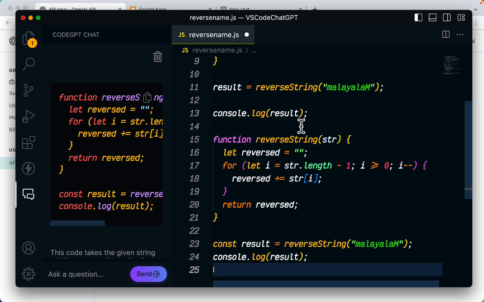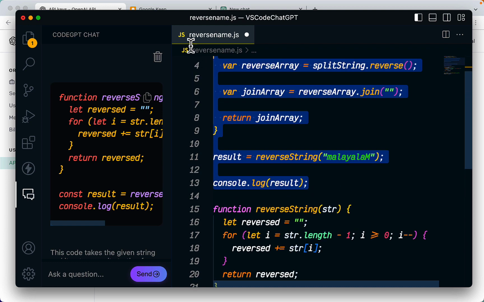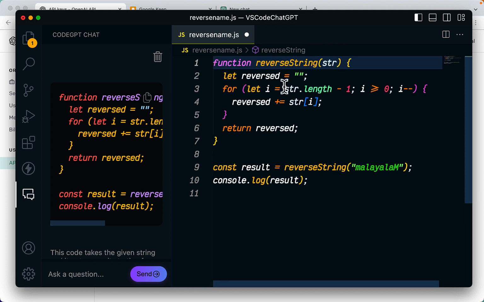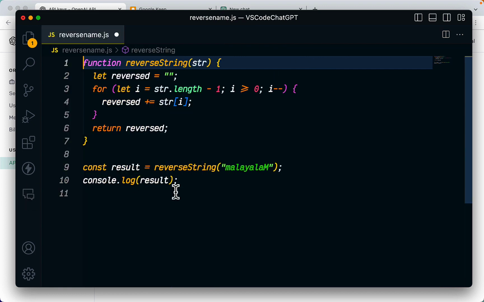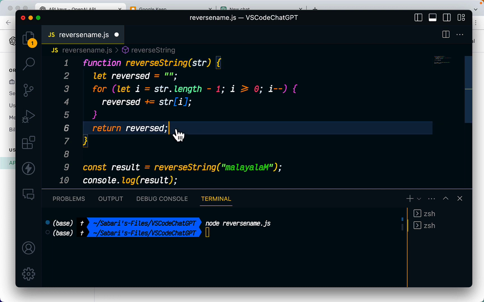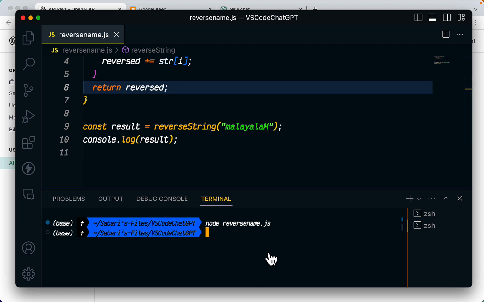So let's see if that is going to work as reversing a string or not. I'm just going to remove this function which I've copied. Instead, I'm going to make use of this reverse string logic which was written by Code GPT, the ChatGPT. So what we can do is just go ahead and launch the terminal screen, and from there we'll be able to say node, and the file name is reverse, and okay, so this is reverse string. Just save this file, and